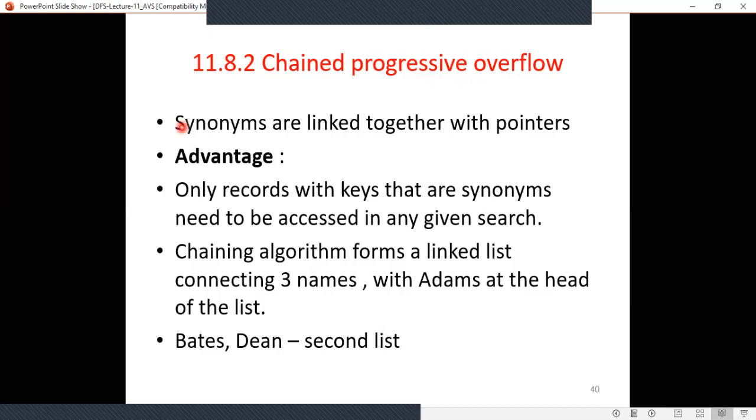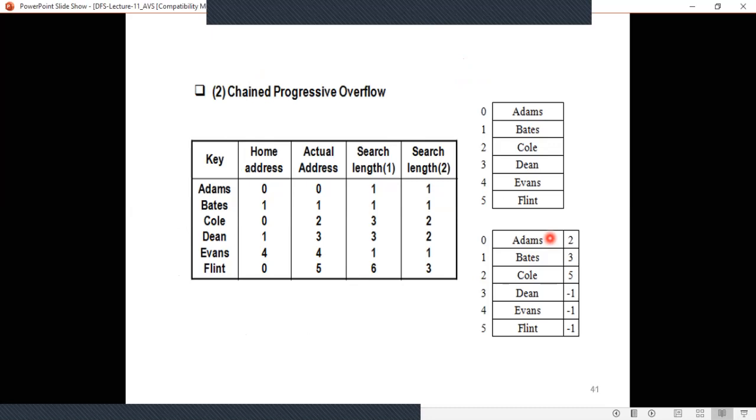Here, what you are doing is, synonyms are linked together with pointers. Synonyms means, for example, you have the keys in the first column and the home addresses in the second column, isn't it? For Adams, the home address is 0, right? For Cole, home address is 0.